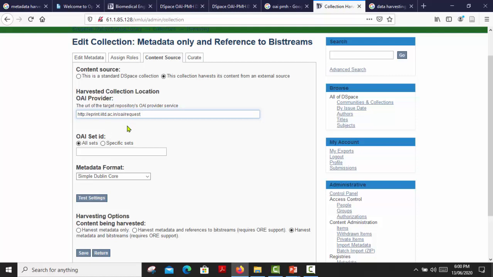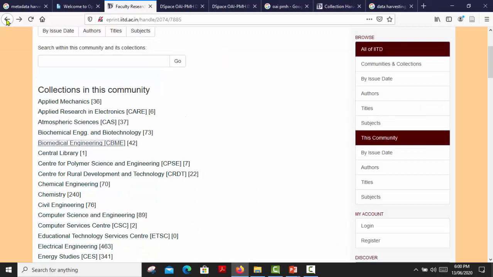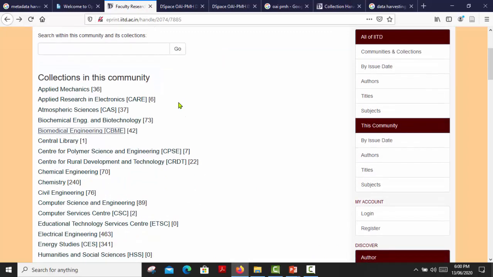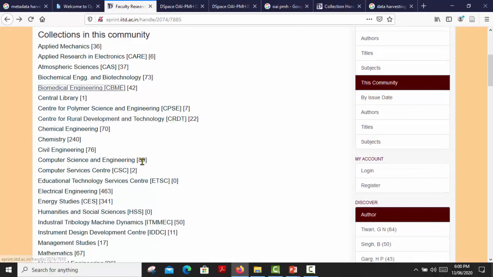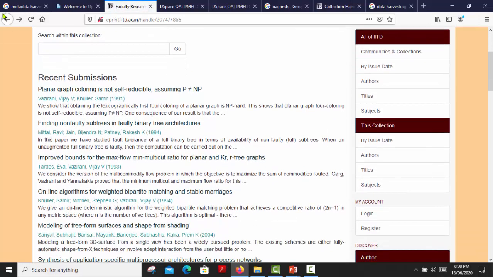Then I'm taking the OAI set ID. See here which content I'm going to take. I'm going to harvest this computer science and engineering. There are 89 items and I am harvesting this data.